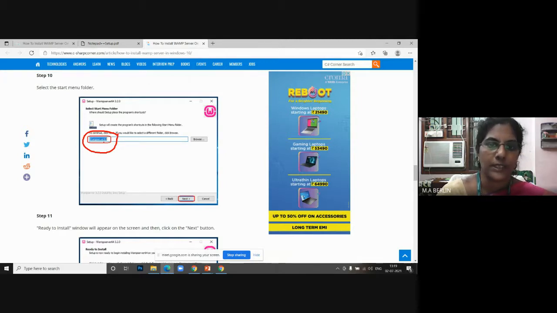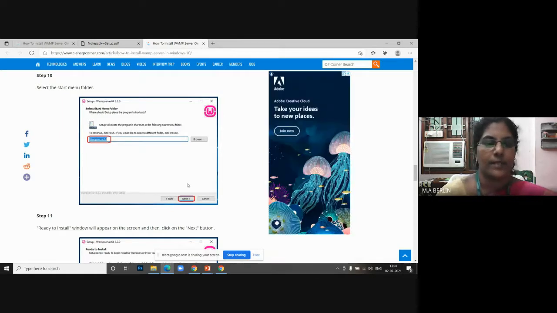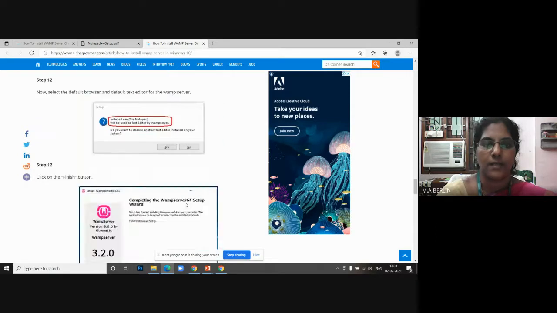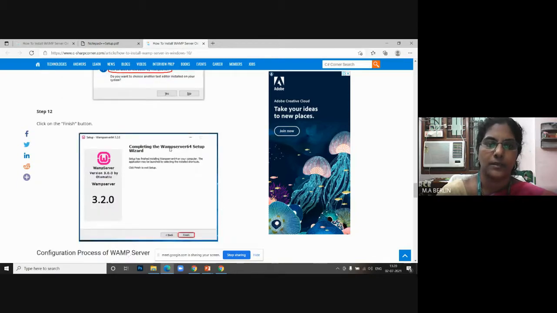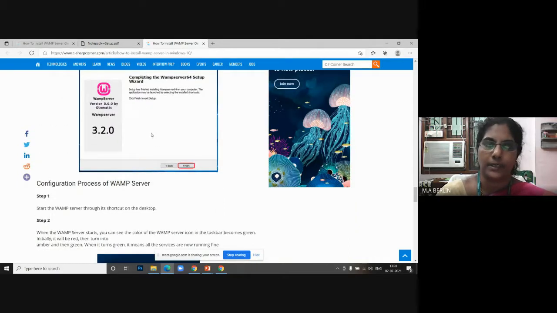Such a folder is created automatically. You have to click next here. Then you click install and it will ask a pop-up message, whether you are going to use the text editor with Notepad++, notepad++.exe. If you are okay, give yes. Then it will be installed.